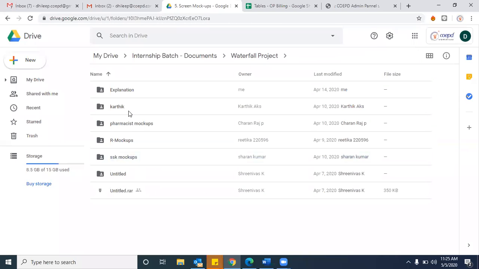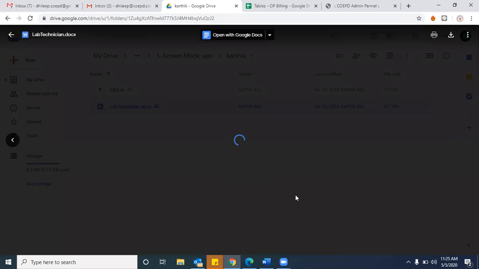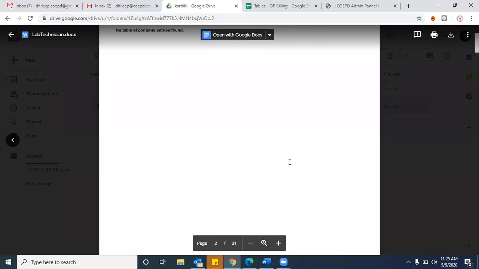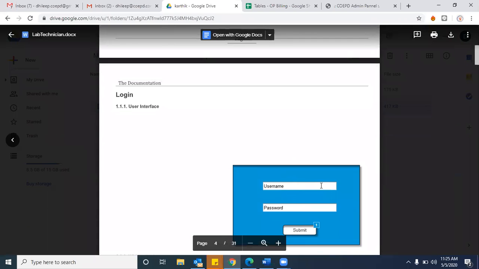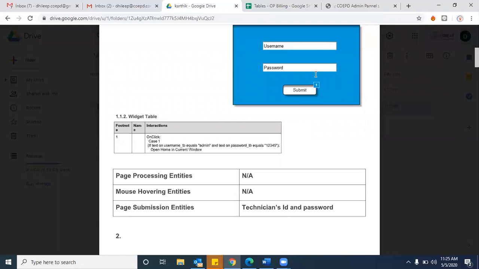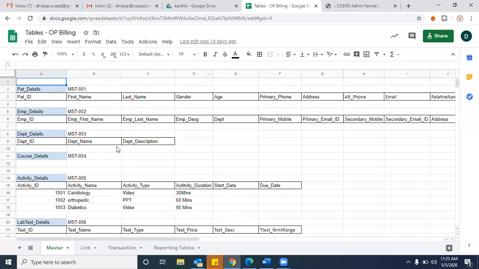Did anyone convert it into a Word document by any chance? Yes, we have a lot of Word documents. See, one Word document is available, I'm opening it. For example, in this screen, this username and password has been coming from different tables possibly, right? Might be user employee details or some user login details we maintain here, either transaction or link or master. Those tables you need to map here.